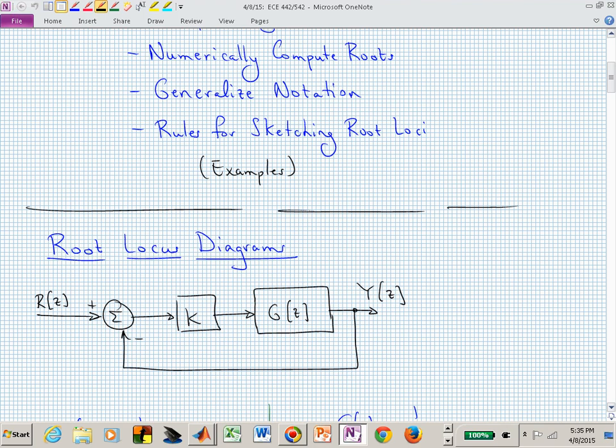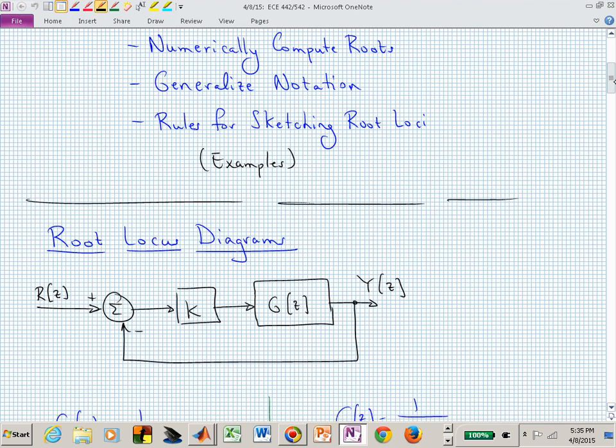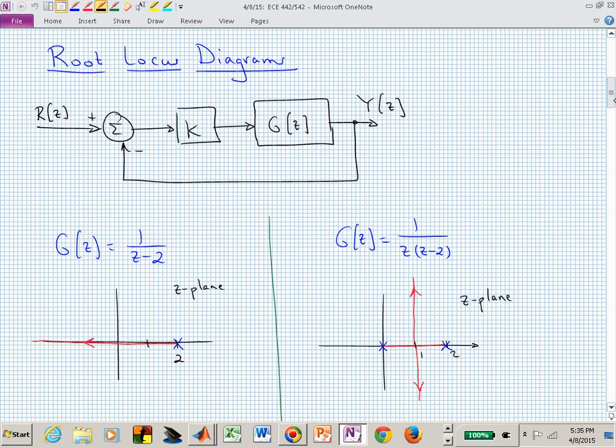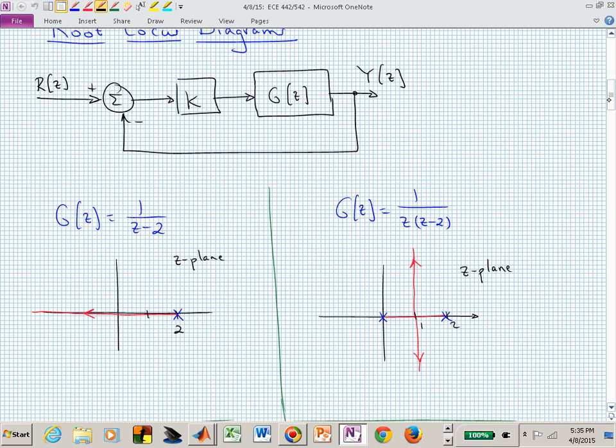This is the block diagram that we're playing with, a transfer function g and a gain k. We are simply adjusting the gain k. That's our adjustable knob from 0. We're keeping it non-negative. We're not allowing k to be negative. And now let's look at some possible root locus diagrams, and they are going to be sketched in red, the